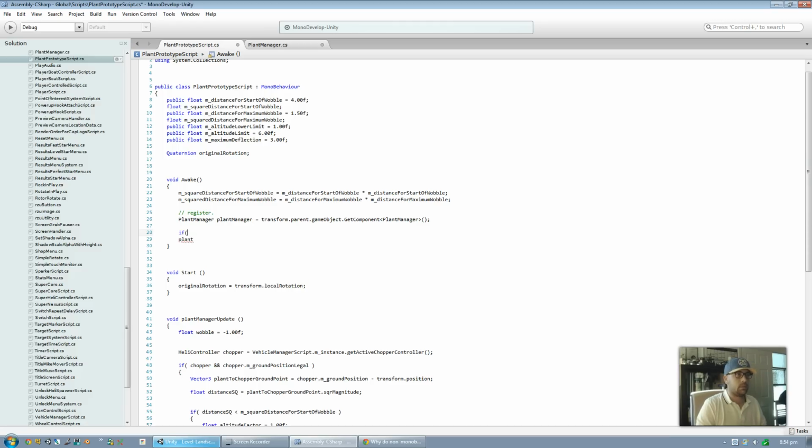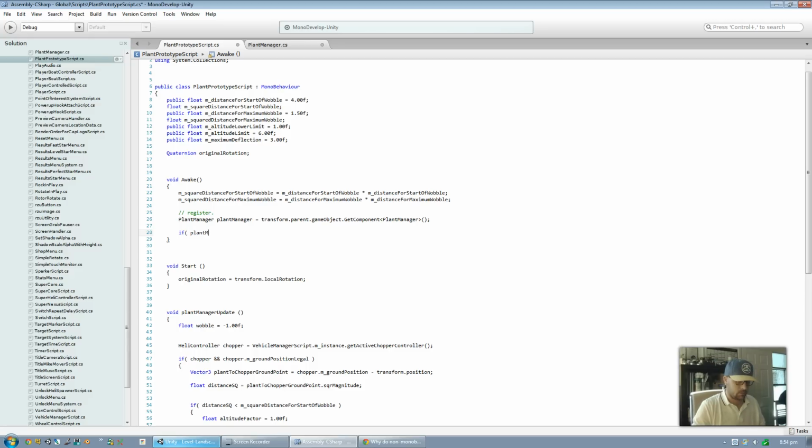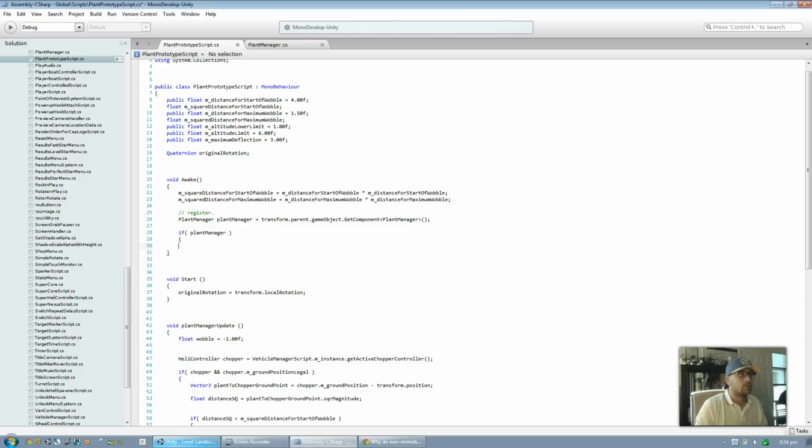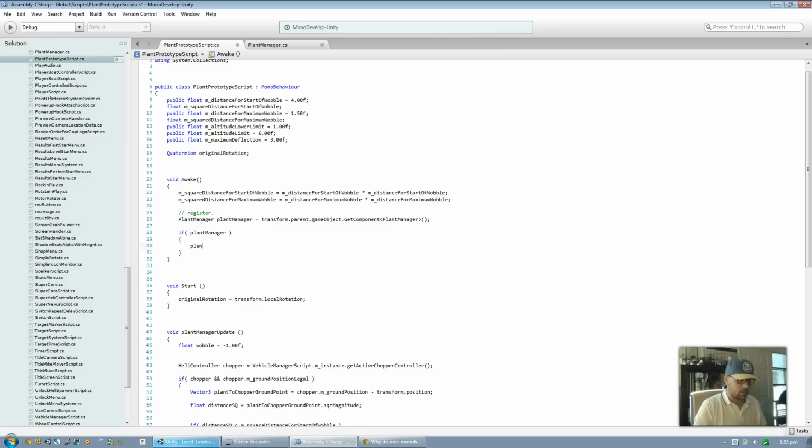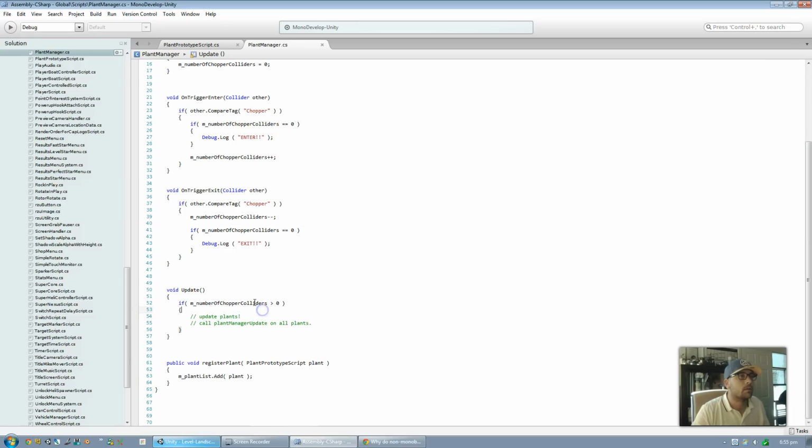Let's test to see if there is one. If plant manager. We've done it. Do we have to say if it's not null? Who knows? If plant manager, then plant manager register plant. And the plant is one of these scripts, so just this will do. We are registering the plant script. Save. So now, if the number of chopper colliders is greater than 0, we want to go through this